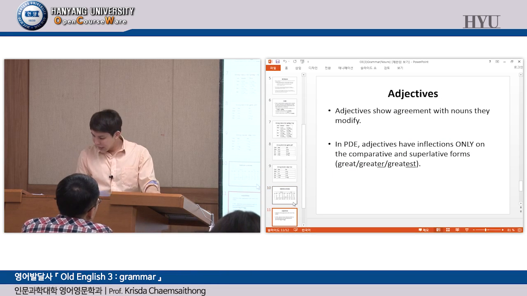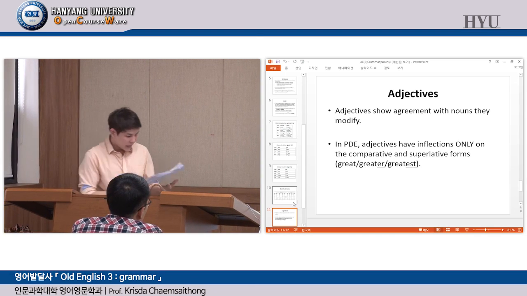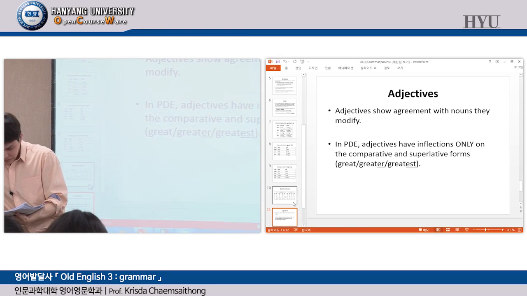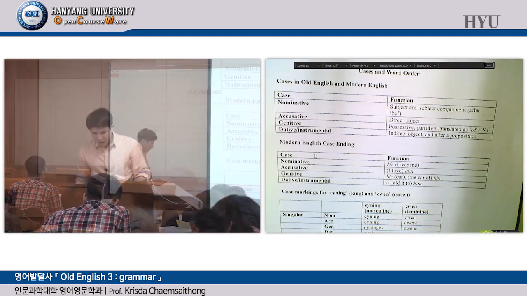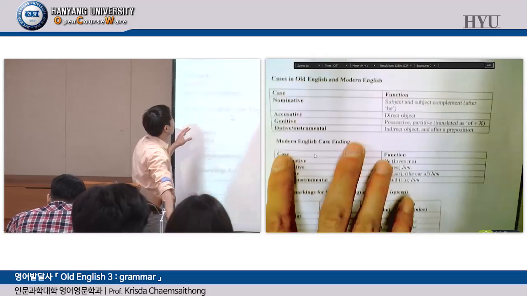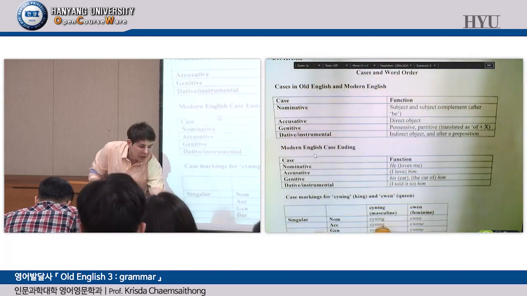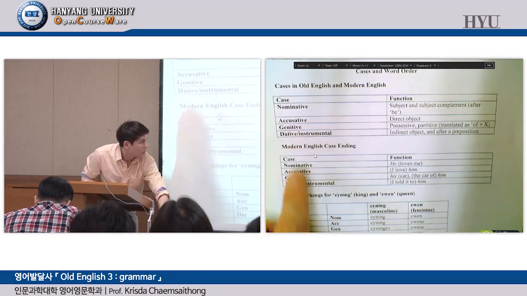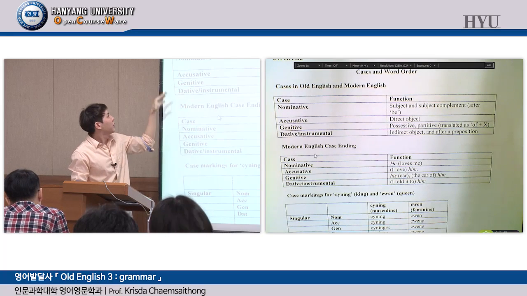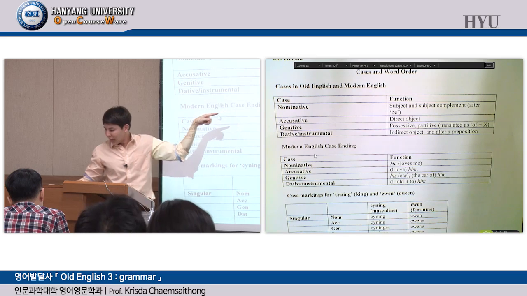Now, what we'll do is practice the concept of case. So I'll use this handout. Okay, so word order in modern English. Let's look at modern English. You understand this already. Nominative, accusative, genitive, and dative, or instrumental, same thing. Subject and complement for nominative, direct object for accusative,